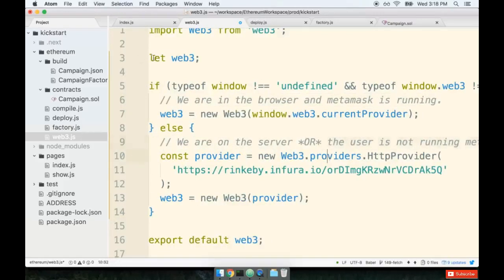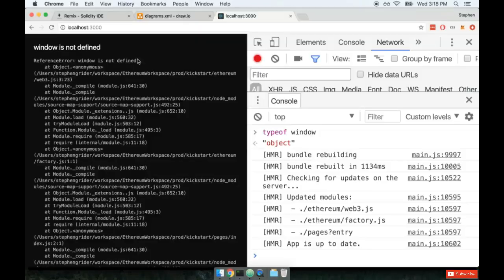Hopefully now the reason that we did this initial assignment, or this initialization of Web3 up here, makes a little bit more sense. So we're defining Web3 out here. We then define it one way or the other. And then by the time we get to the export default statement, Web3 is holding an instance of Web3, either way. All right, let's save this file, and we're going to flip back over to the browser and see how we're doing. So back over here,